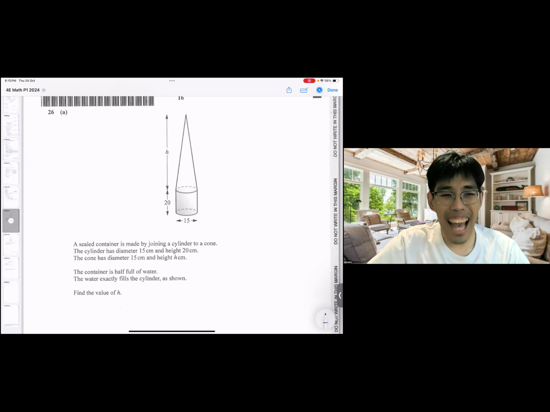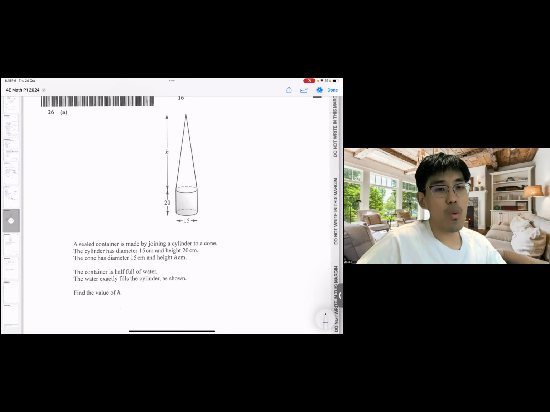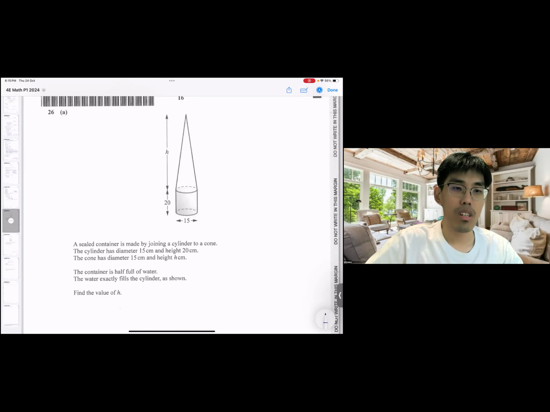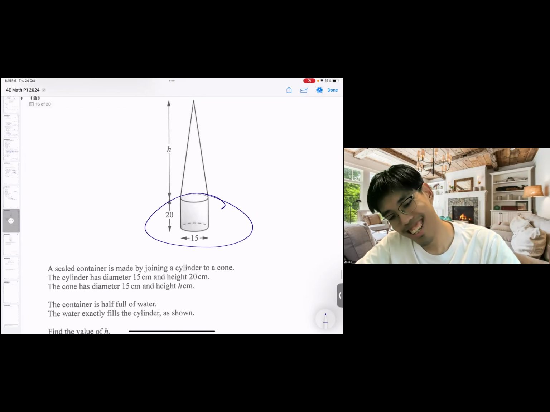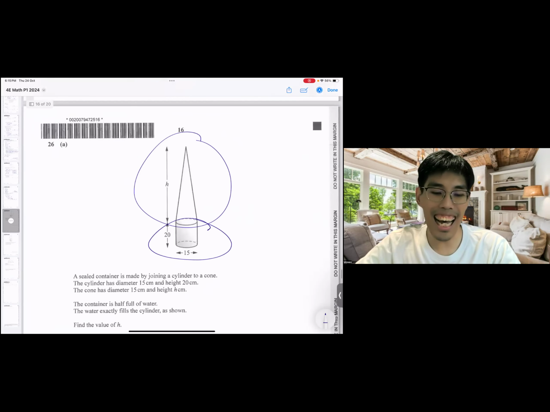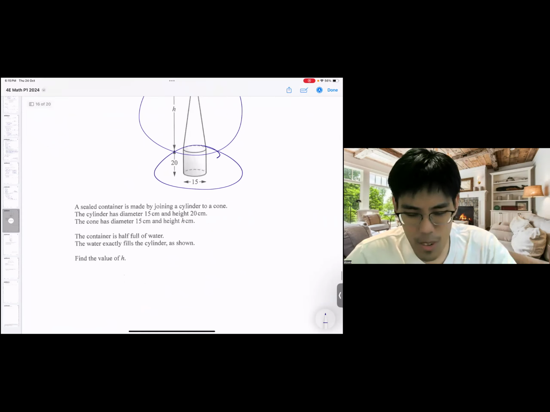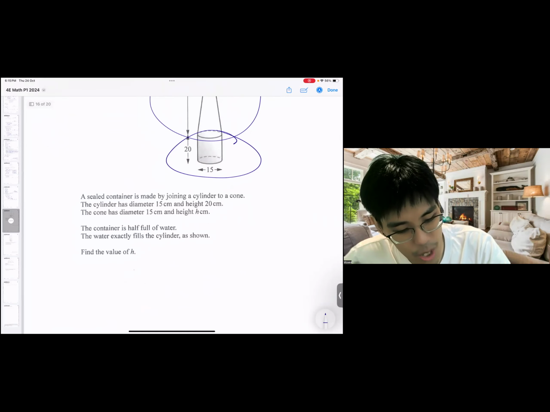The container is half full with water. The water exactly fills the cylinder as shown. Okay. That means the volume here equals the volume here. I see. Okay, I was thinking what's going on. Okay, so